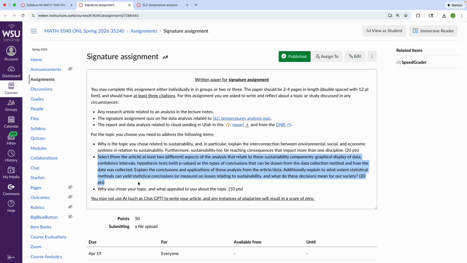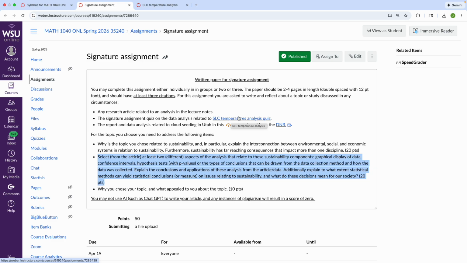I said students struggle with the second bullet point no matter what they choose typically, but if you choose the Salt Lake City temperature analysis quiz, it's meant to streamline this bullet point, because I'd like to offer an option where it's a little bit more streamlined.